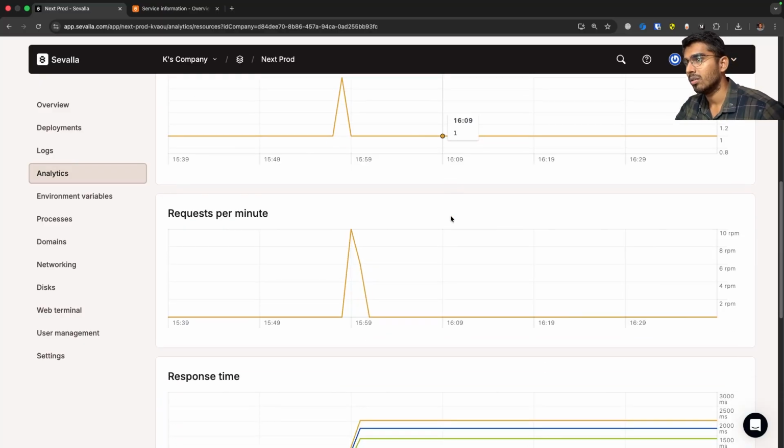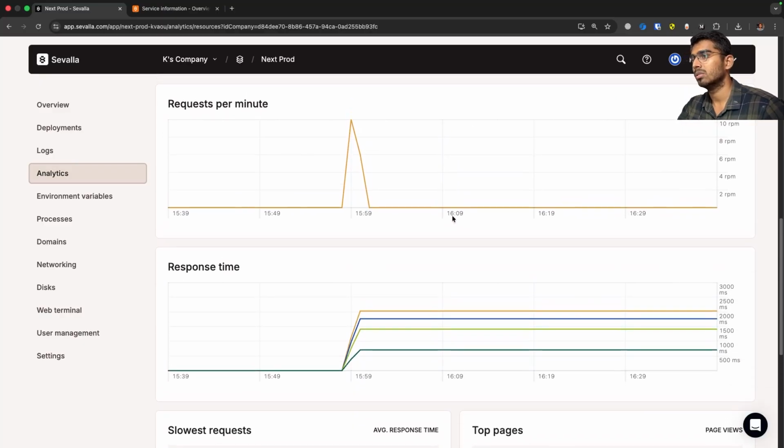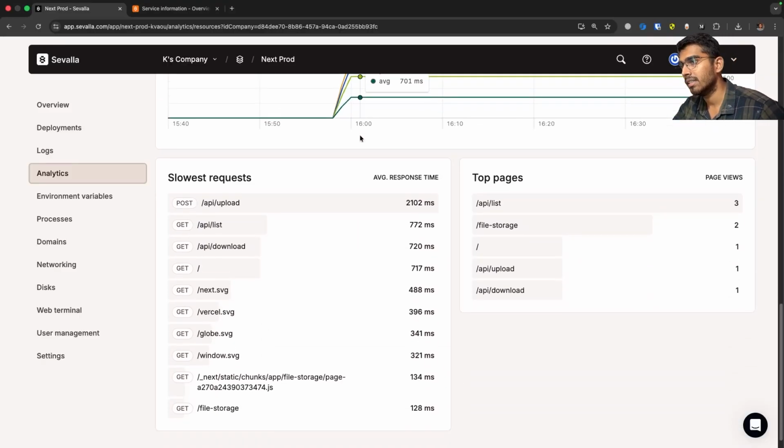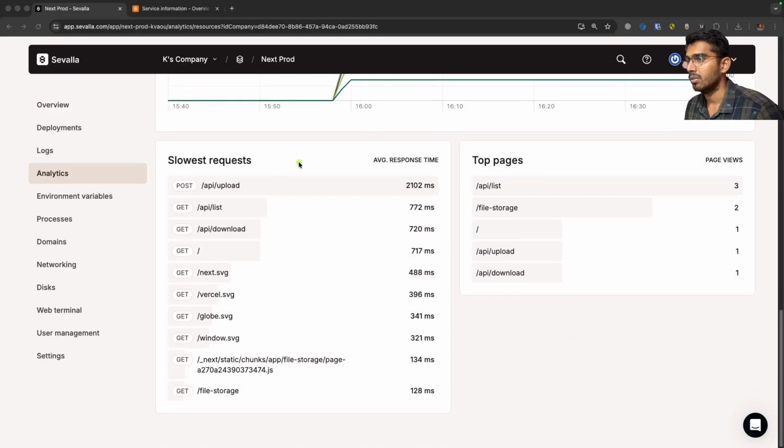The same way, we also have network monitoring, which shows you requests per minute and response time. The requests per minute shows you the average requests per minute for all HTTP requests, and this will help you understand your traffic patterns and plan for scaling if you need that. But the actually valuable thing here is the slowest request table. If you take a look at this, this shows you the slowest requests of your application in descending order. So the request which took the most amount of